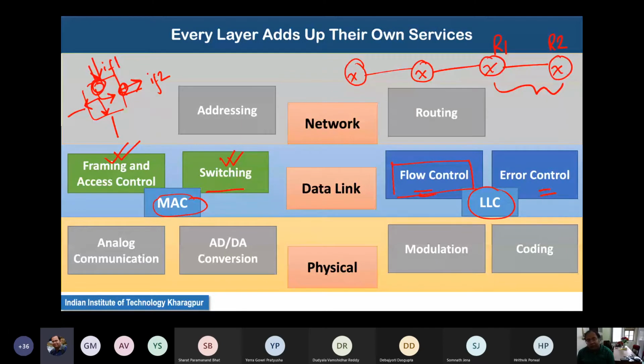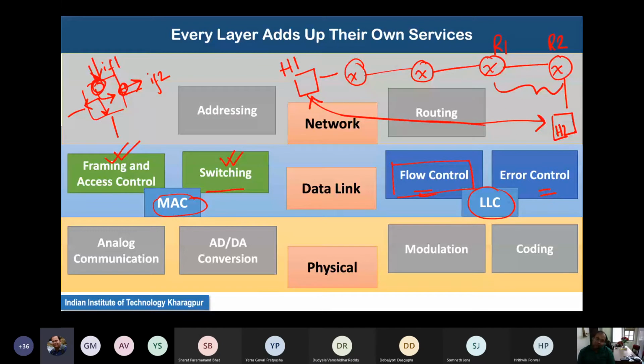Whenever you are implementing the flow control at the transport layer, you are doing the flow control end to end. Say you have one host H1, which is transferring the data to another host H2. Now, the transport layer flow control is ensuring the flow control between H1 and H2. So it does not look into the independent flow control of the individual routers.